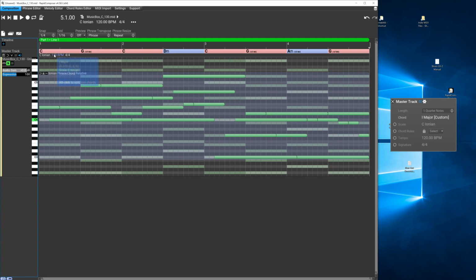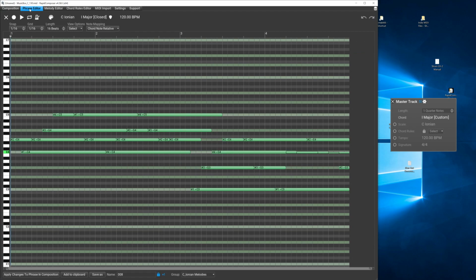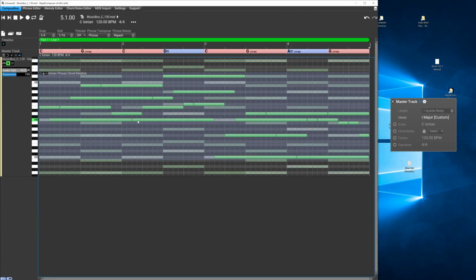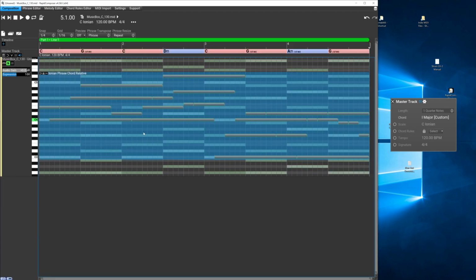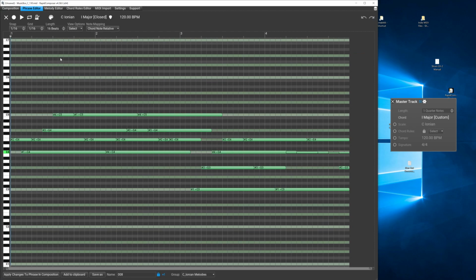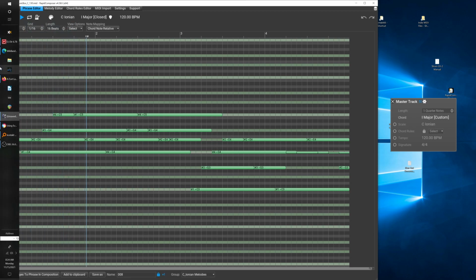Now, here's where the magic happens. If I go to the phrase editor, let me go back. If I double click this phrase, it'll take me to the phrase editor. Now, I want you to hear the phrase in the phrase editor. Okay, so it's pretty